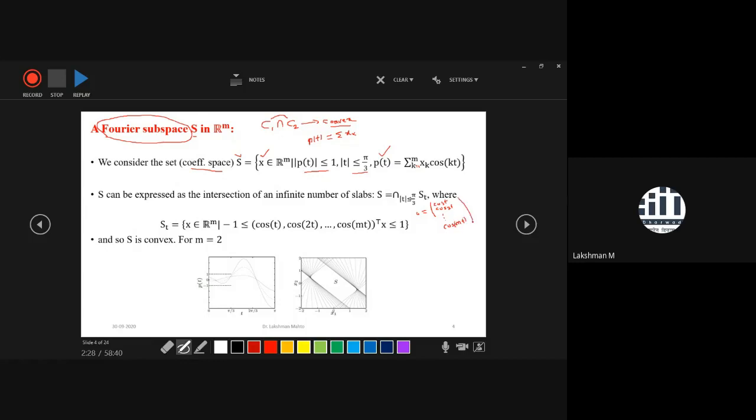Normal direction for the Fourier subspace in that process, and you are putting the condition that modulus of pt is bounded above by 1. That means this pt lies between -1 and 1. It is just a simple inequality. So pt would lie between -1 and 1. It is one kind of notation, simply you can say that it is talking about the hyperplane a transpose x lies between two numbers, -1 and +1.